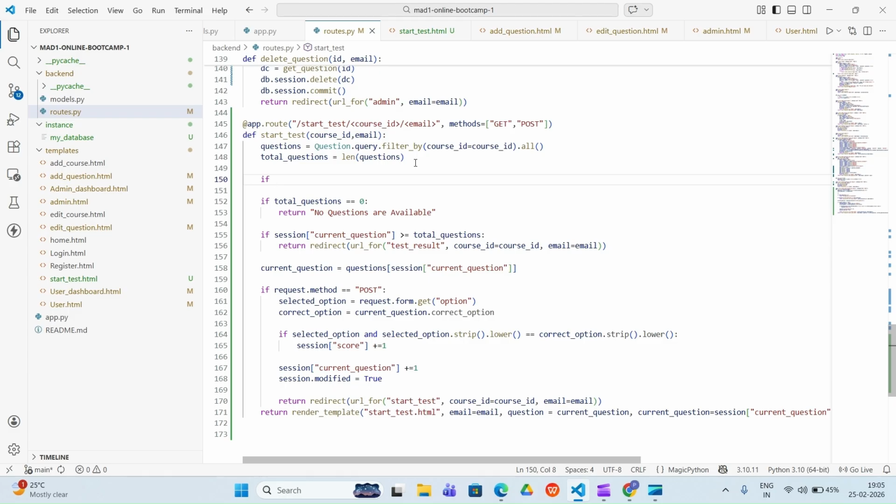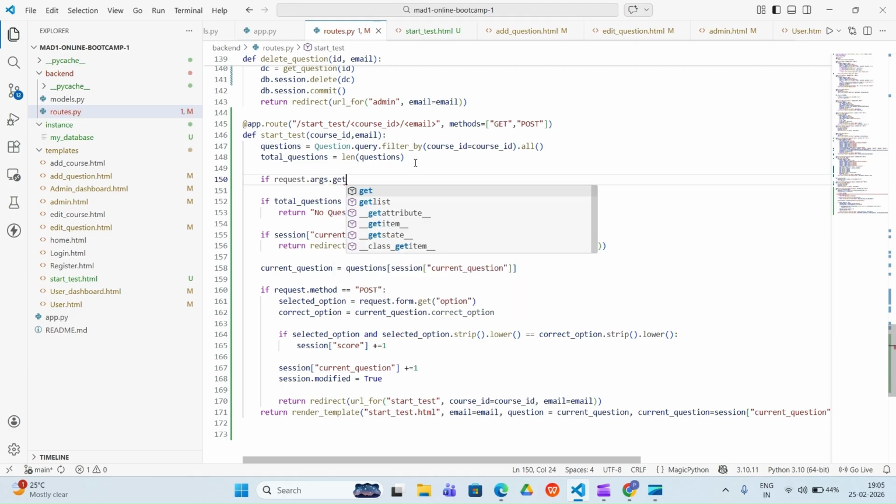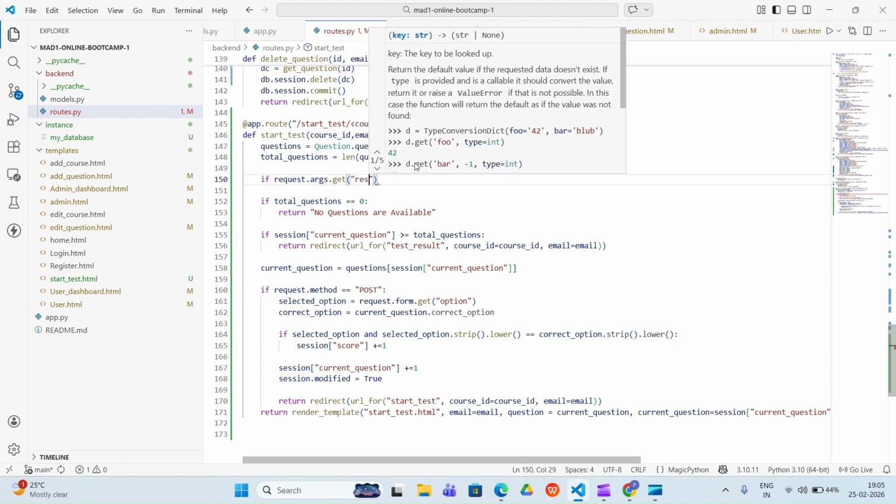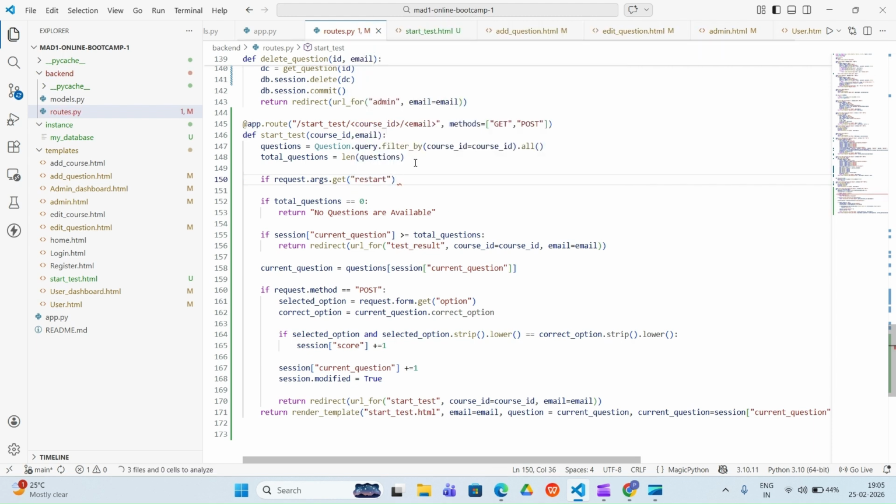So if someone restarts the quiz, how can he do that? So we'll write here if request dot args dot get restart, or this current question. We have current question.